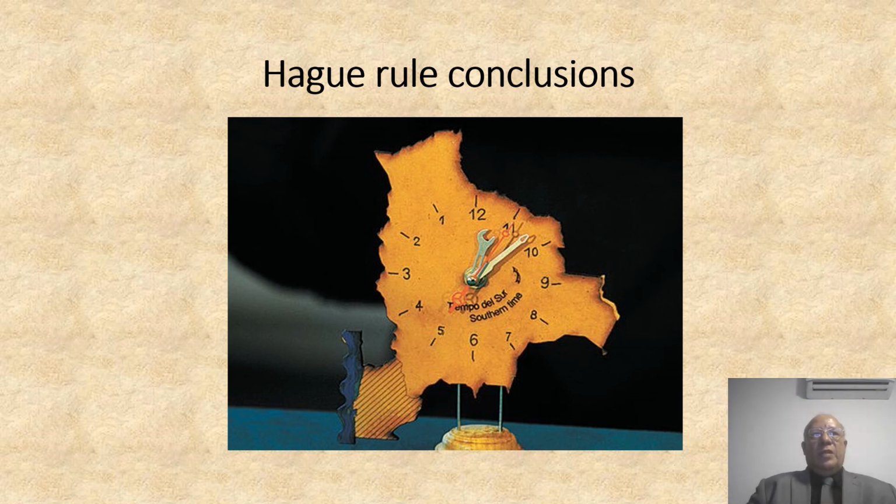Conclusion of the Hague Rules. The old liability regime contemplated in the Brussels Convention of 1924, the Hague Rules, and its subsequent protocol of 1968, which gave rise to the Hague-Visby Rules, has to receive a true revision. The treatment of the navigability of the ship under Article 4 cannot be upheld today, since the carrier's obligation regarding the seaworthiness of the ship must be required not only at the previous time and at the beginning of the trip, but also during the entire duration of it until the delivery of the merchandise at destination,